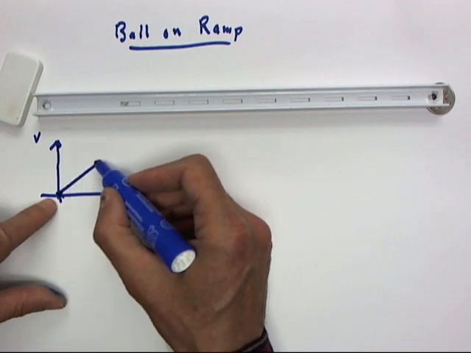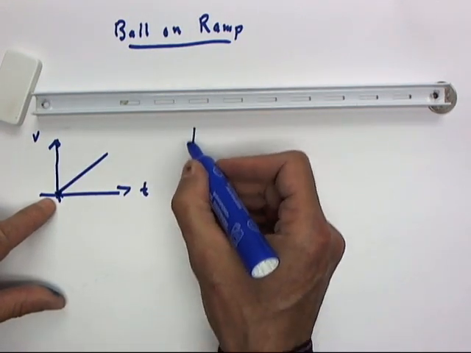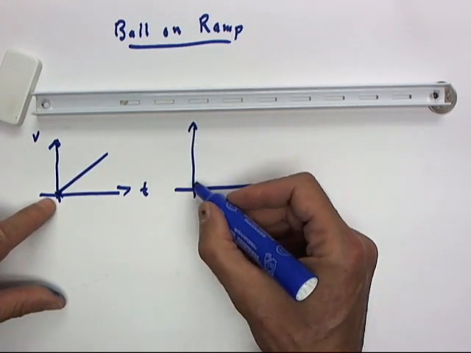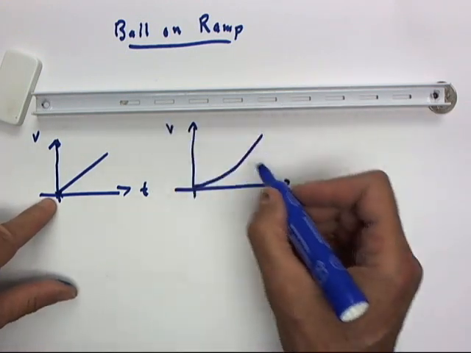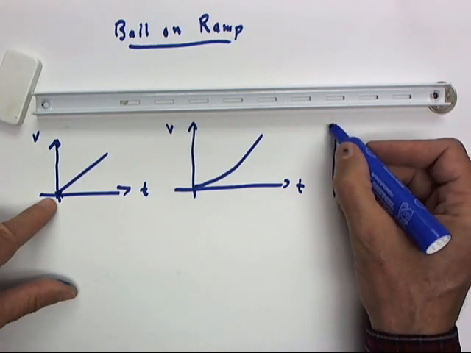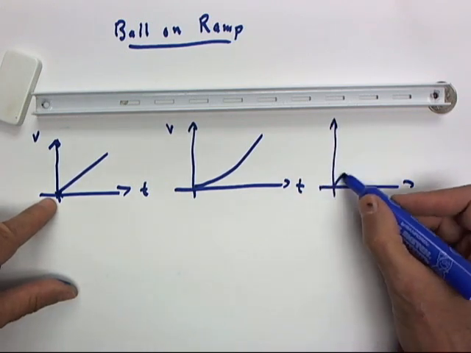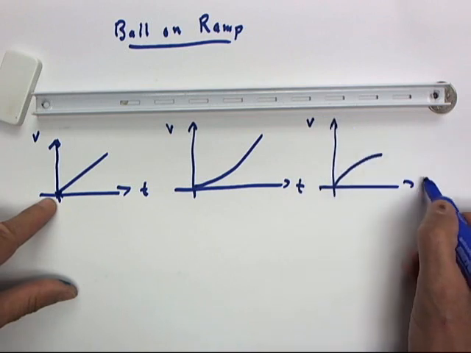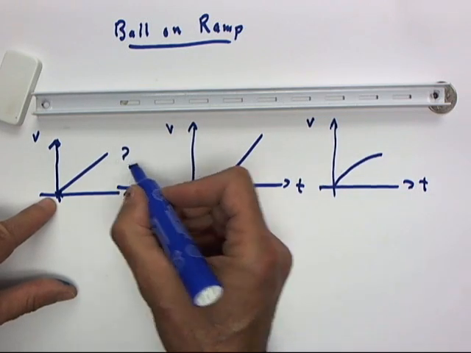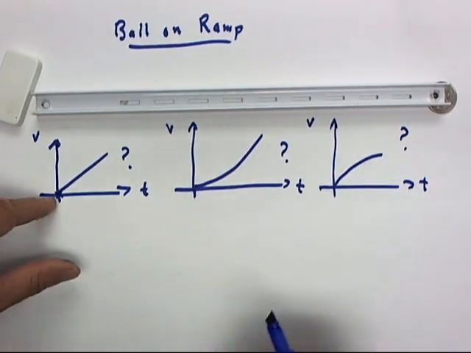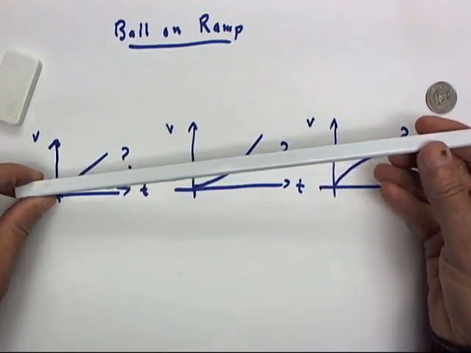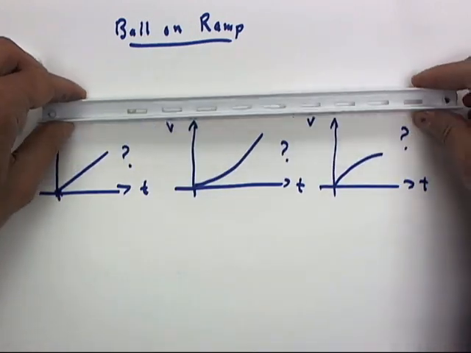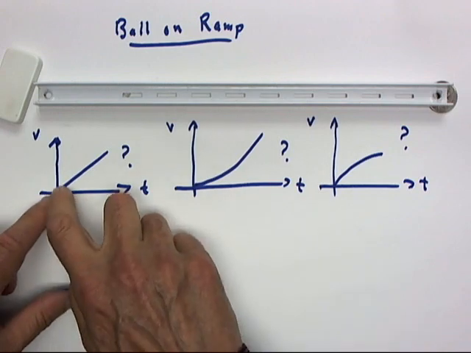So does the velocity increase along a straight line? Does it perhaps increase at an increasing rate along a curved line? Does it possibly increase at a decreasing rate? So we don't know which of these is the case. Although if we look into the physics, we're going to predict that if this ramp is indeed straight, then the velocity should increase